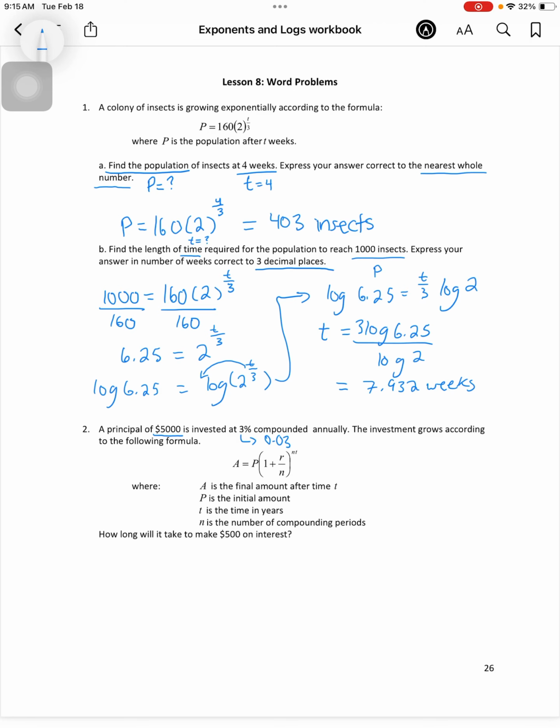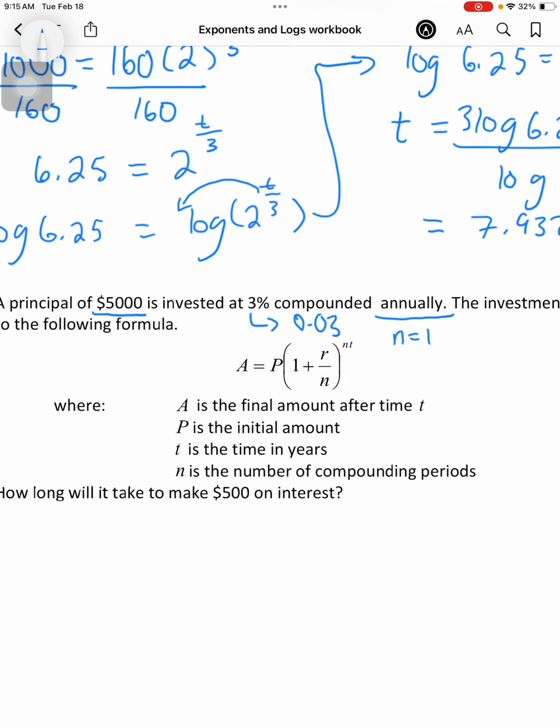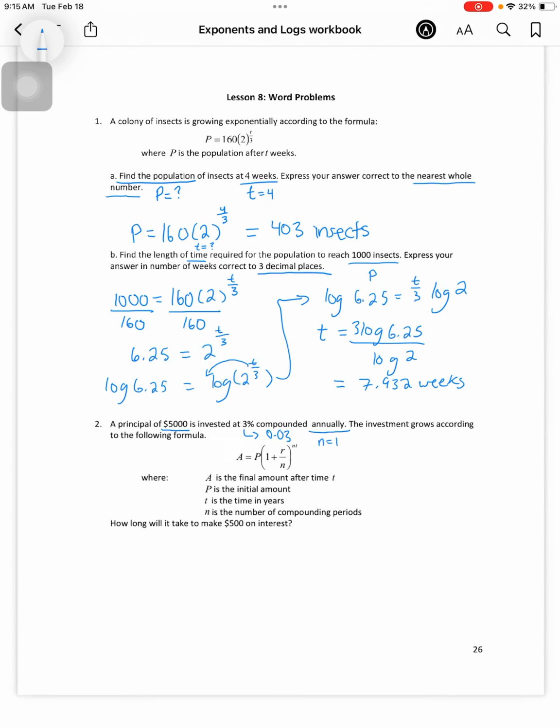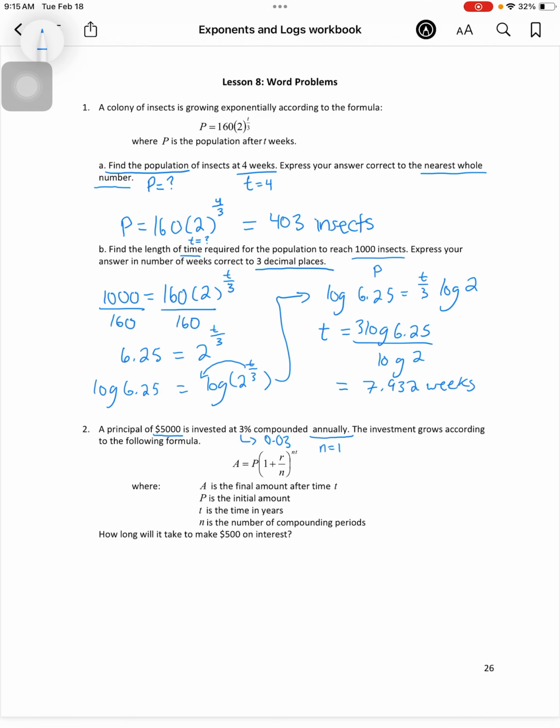And this is another key thing for logarithms, especially for this type of word problem, is the word annually. So annually means n equals 1. And you'll see this in the listing of variables here as well, where n is the number of compounding periods, and here compounded annually, that just means 1. So that's one thing you should always look out for. Sometimes I might say semi-annually, but it's usually one or the other. This is where I recommend students to bring a dictionary, where if you're not sure which one it is, just pull it out and look for it in the dictionary. But anyway,